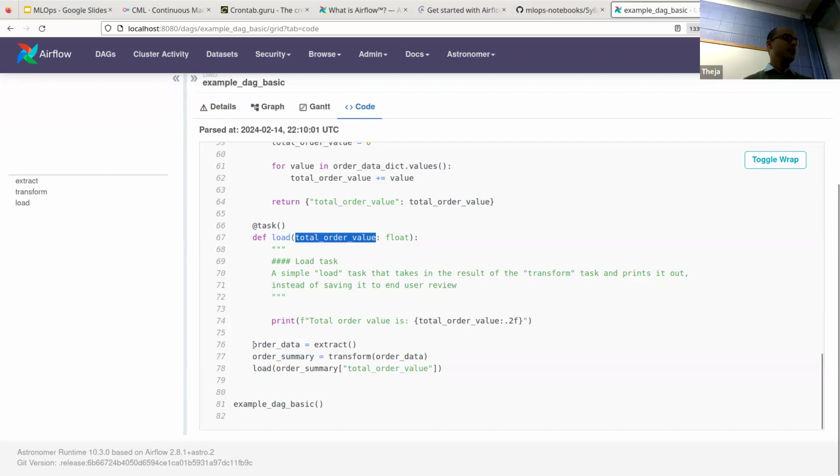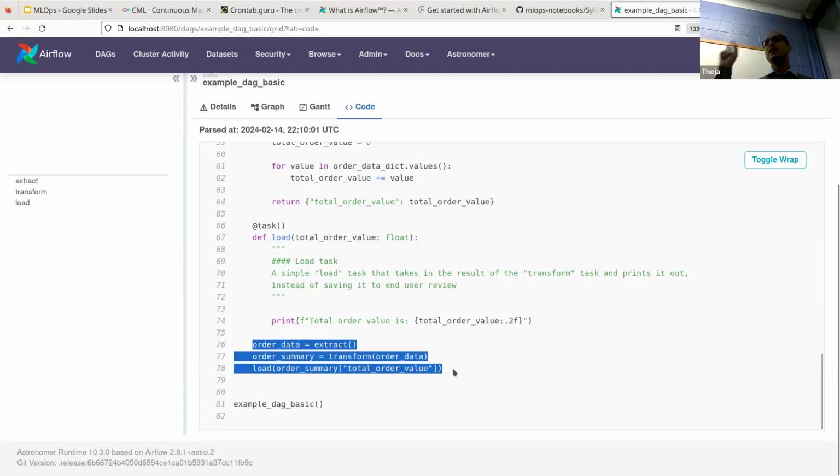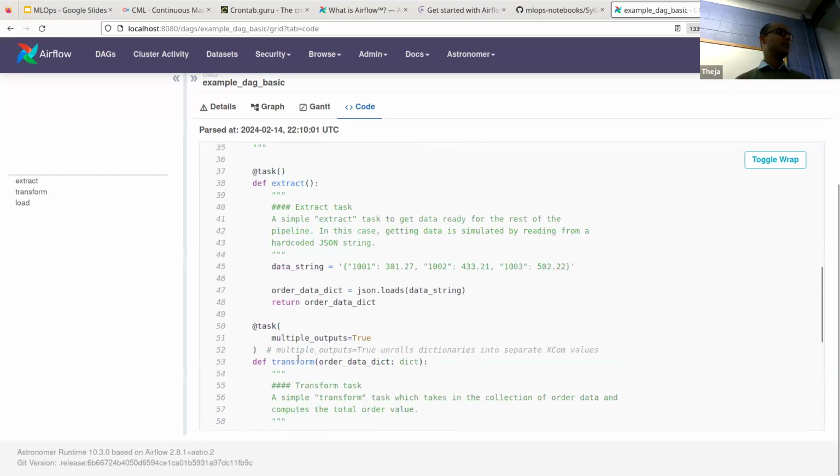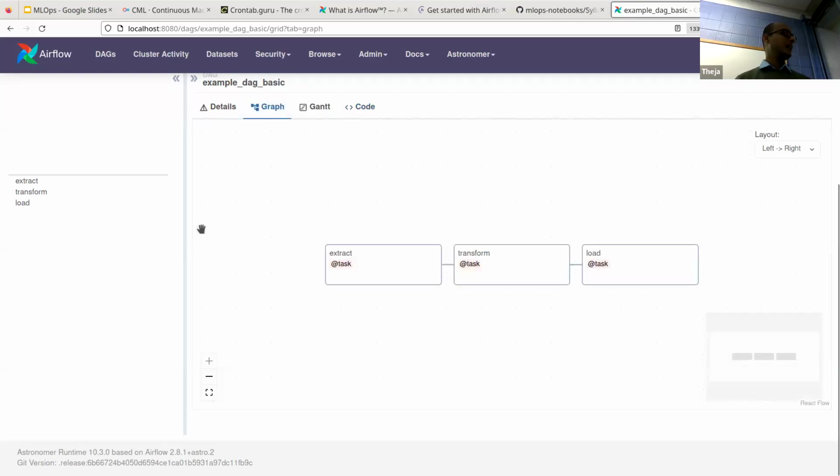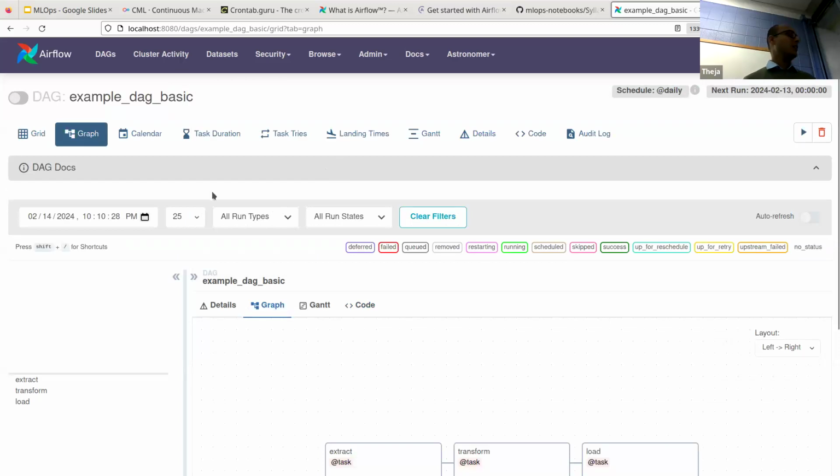And then here, either you can put arrows to specify which order the tasks run, or you can just call the tasks like this in one order. If there is a more complex DAG dependency, then you have to use the arrow symbol or some other way to specify the order in which tasks need to be done. So this is pretty much describing this graph. And now you can actually run it here.